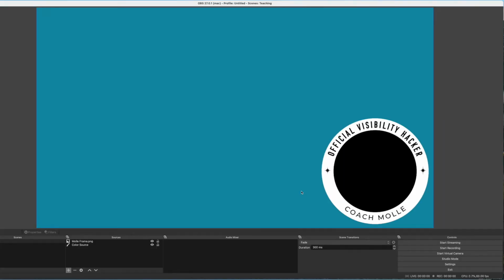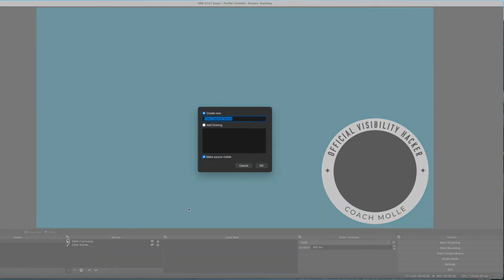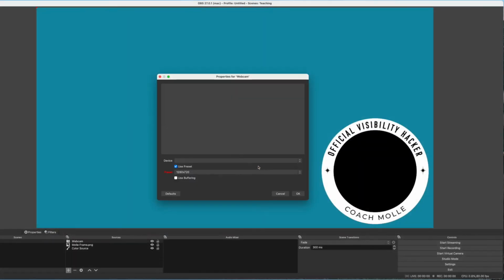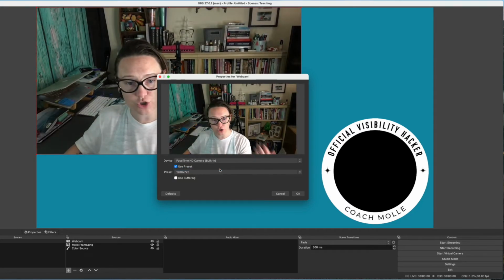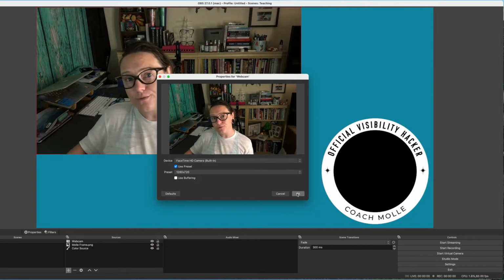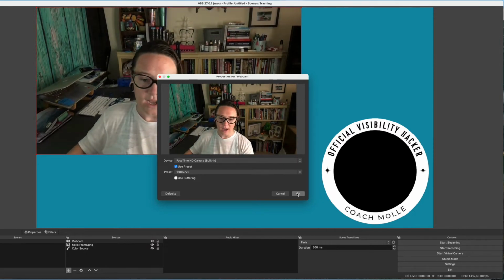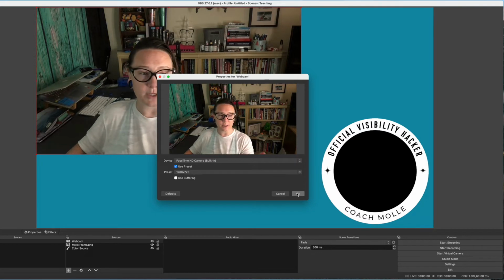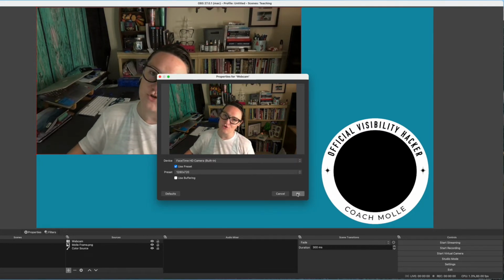We have to make sure that we actually import the camera itself. So we're going to add a video capture device. I'm going to rename this Webcam just so I can keep all of my sources in order. And now I'm going to select the FaceTime built-in camera. So that's the webcam I'm selecting. If you have an external camera plugged into your computer, if you have your phone, you can use that as a webcam as well. Whatever you use, just make sure you select it appropriately in this drop-down box,